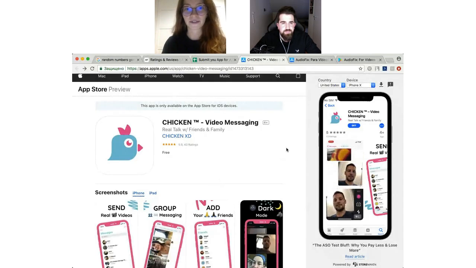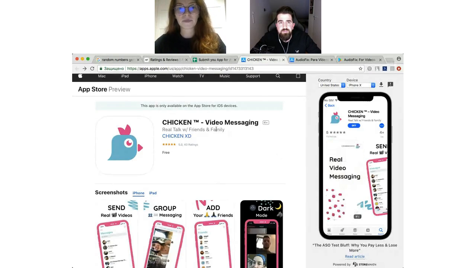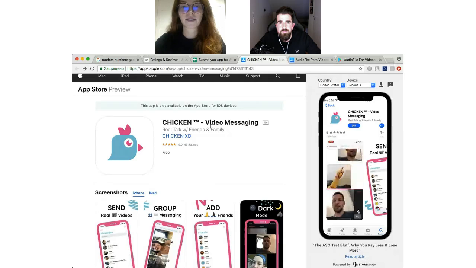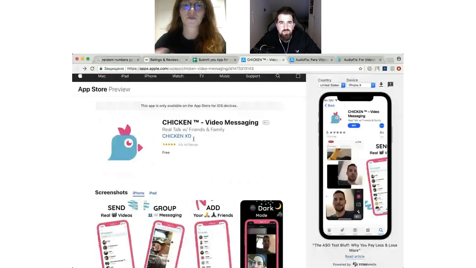A little bit of market analysis here. And yes, speaking of text optimization, "Real Talk with friends and family" is a good description of the application, but it's not a really good subtitle in terms of search. So if you have just launched, it is better to focus more on some popular keywords to grow on. And then when you have some install base, you will work more on the branding story.